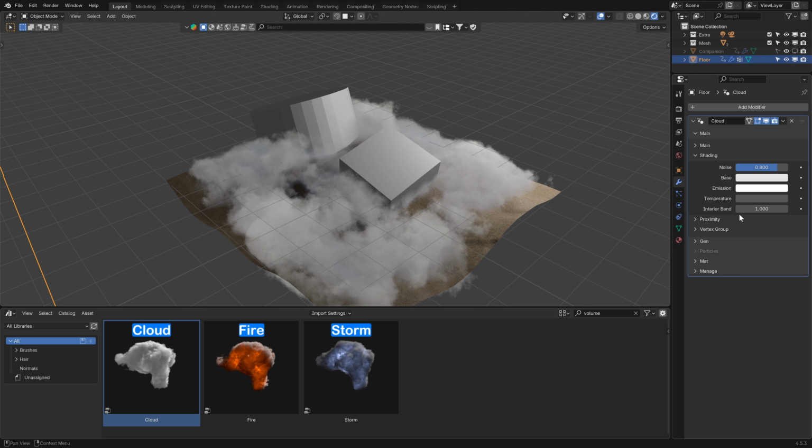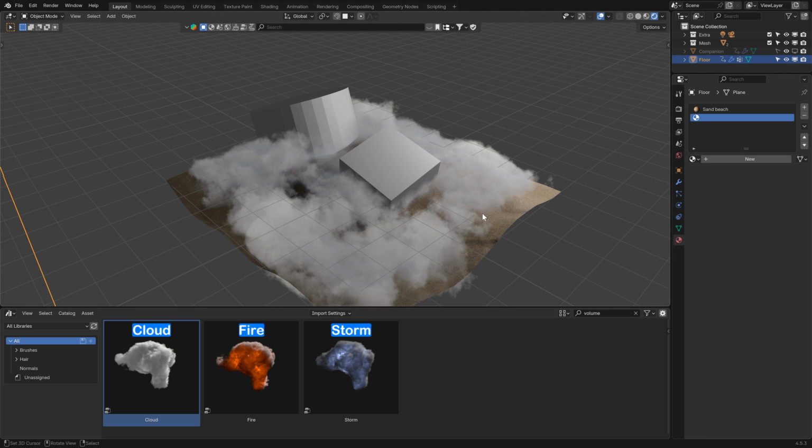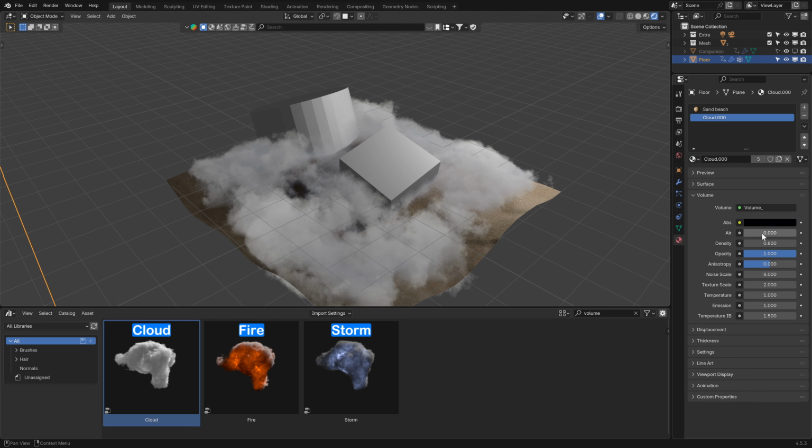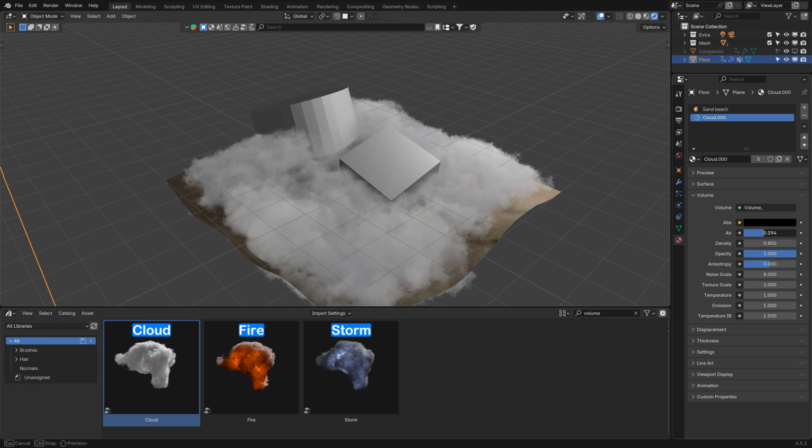and the interior bond. To see all the shading options, go in the material tab and select this material, cloud 0.00. For example, you can come here on your mesh, you can select cloud 00. And now you can see you have all these options.